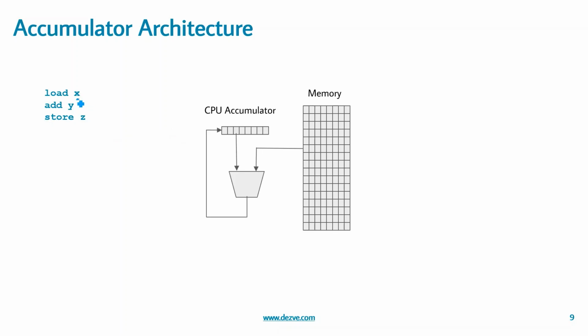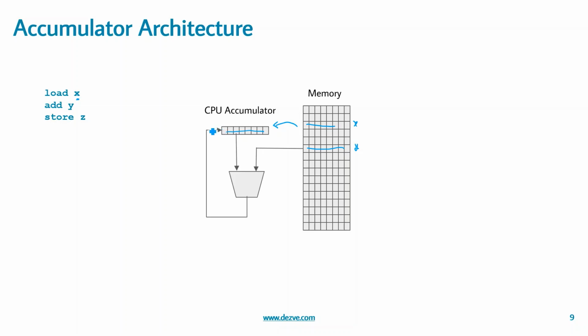So again, if I assume this memory is X, then basically this particular data is loaded into the accumulator. Now accumulator has X. Then we say add Y. When we say add Y, this is Y. This memory data is directly added with the X, which is now currently present in the accumulator, and the result is again stored back into the accumulator.